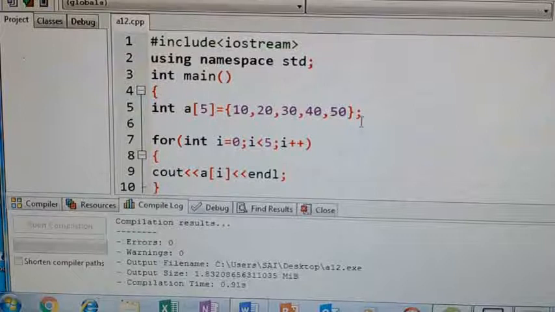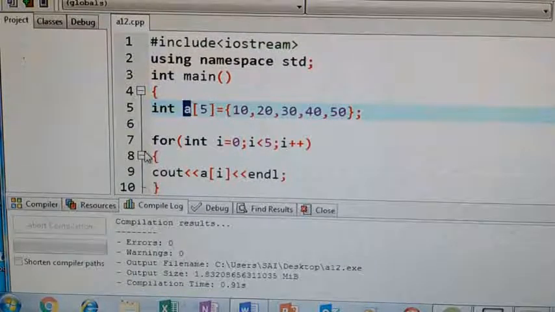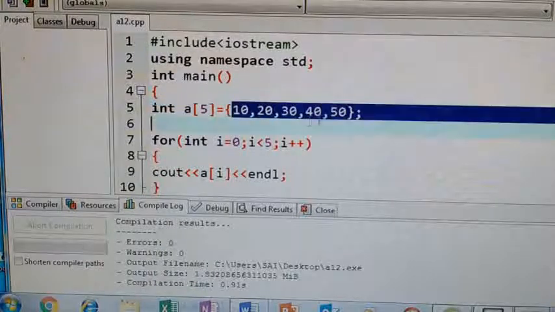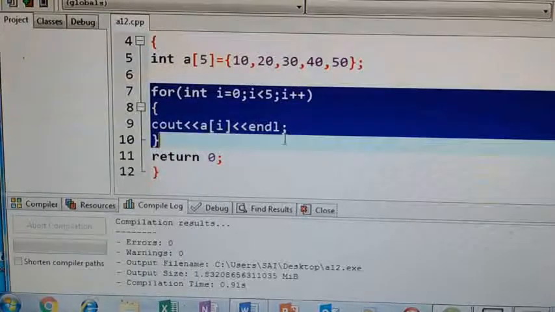What example have I given? Apartment example. Apartment name is same, flat numbers are different. Here, all these elements are identified with the same name, with the a only. Okay, but what is the difference? Only the memory representation is different. So that I will show you here.